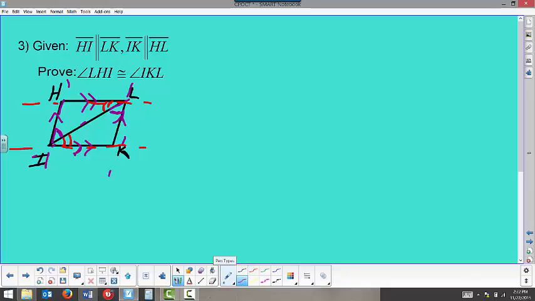Then something really cool happens. I'm starting to see that I have a triangle right here and a triangle right here, HLI and KIL. And what I notice is that they share this side right here. Well, shared sides are always going to be congruent because it's congruent to itself. So I can say, oh okay, I see two triangles popping out there, and I can see my congruence shortcut is angle side angle. So if I write this up in my statement reason,